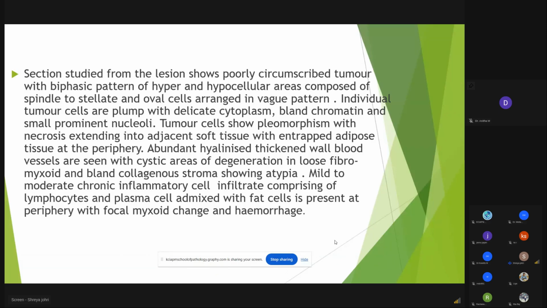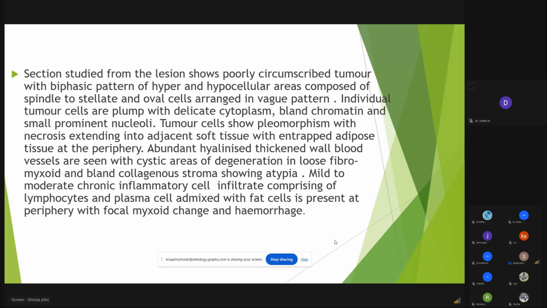This lesion shows a poorly circumscribed tumor with a biphasic pattern of hypo- and hypercellular areas composed of spindle to stellate and oval cells arranged in a diffuse sheet pattern. Individual tumor cells are plump with delicate cytoplasm, bland chromatin, and small prominent nucleoli. Tumor cells show slight pleomorphism with necrosis extending into the adjacent soft tissue with entrapped adipose tissue at the periphery. Abundant hyalinized